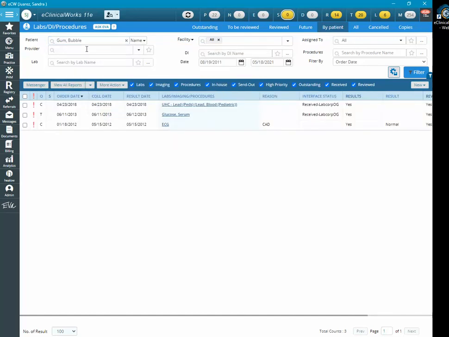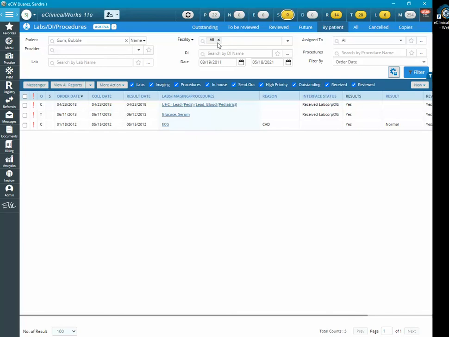Once you do so, it may or may not populate some data. But we want to make sure that we continue to fill in all these categories correctly to make sure we get the correct data. The facility, you always want to make sure it reads all, because at this point, when you're processing a situation order, you really don't know which facility the provider was stationed at the time. Sometimes patients go from site to site. It's not always just one particular site that may be on the patient's